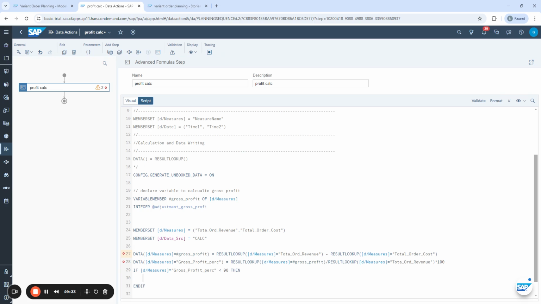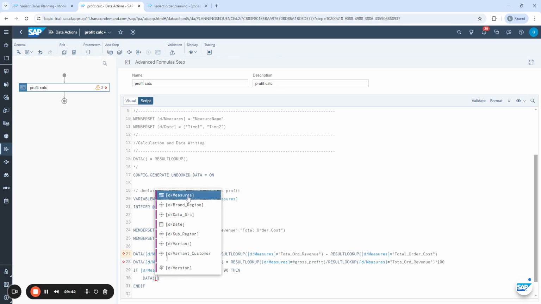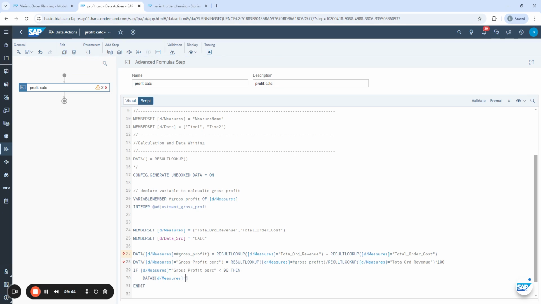Just I'm taking here one data, measures gross profit percent is equal to,